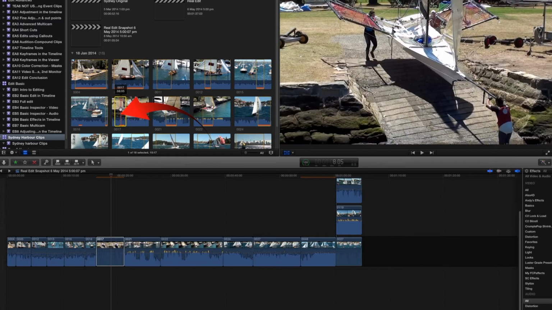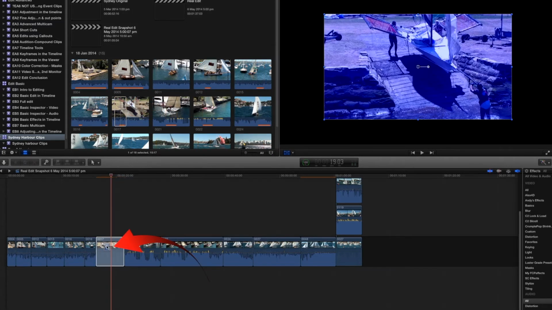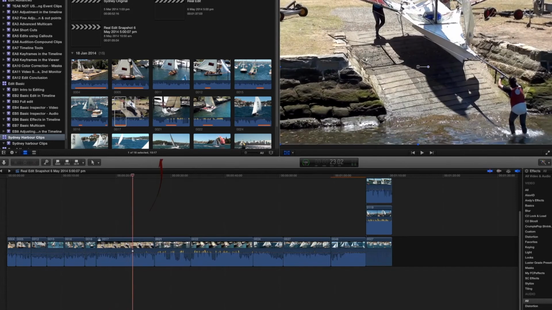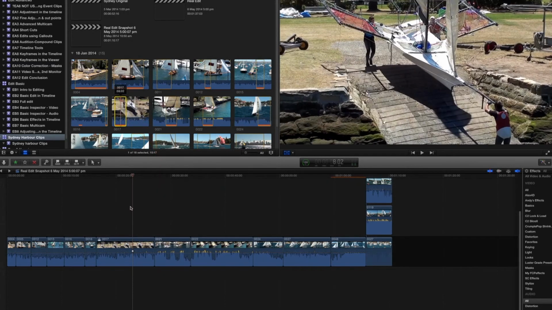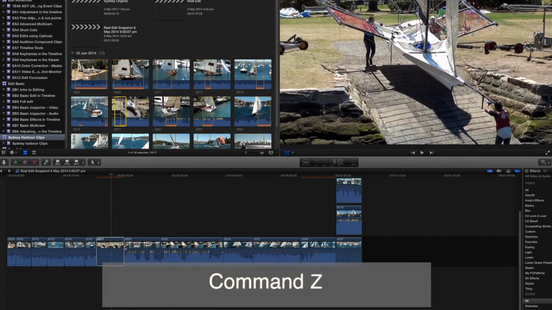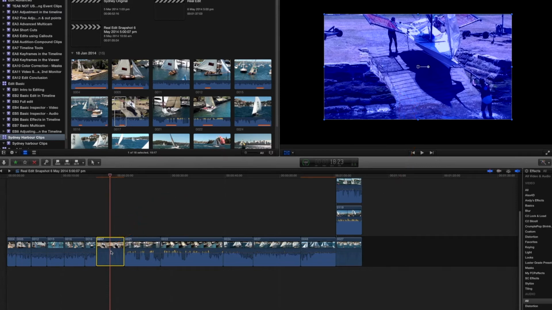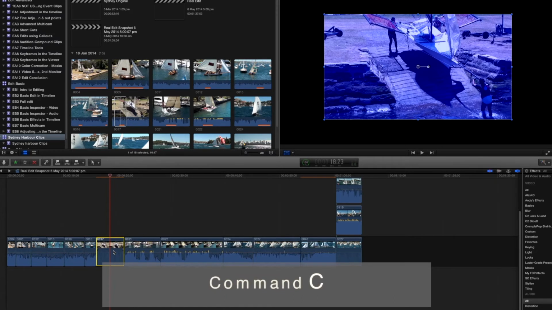If we bring another edit into that clip now and say replace from start, replace from end, or even replace as an audition, then the content of that clip has now got the attributes that were in the browser, and we've lost the attributes that were in the timeline, those changes. So if we just undo that with Command Z for a moment, we go back to the clip with its tones, etc. What we're going to do with this is to copy it, and we'll simply go Command C, and